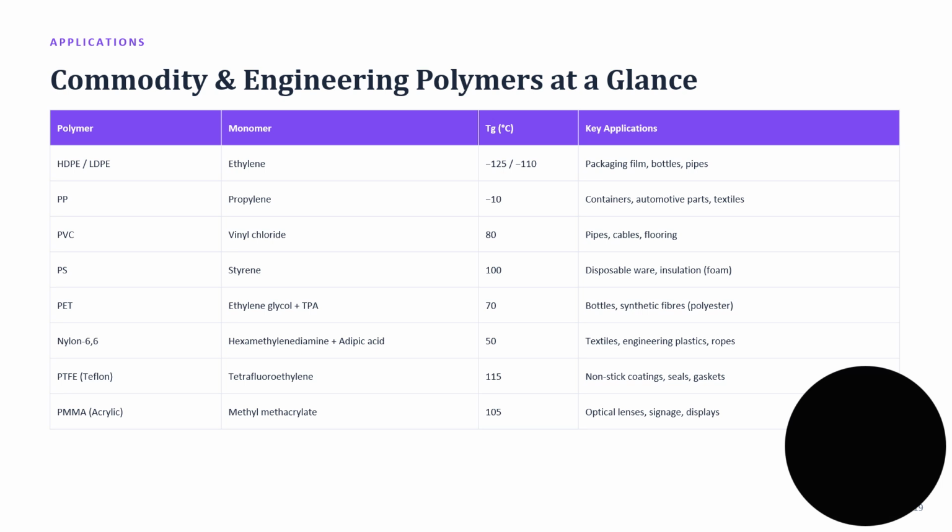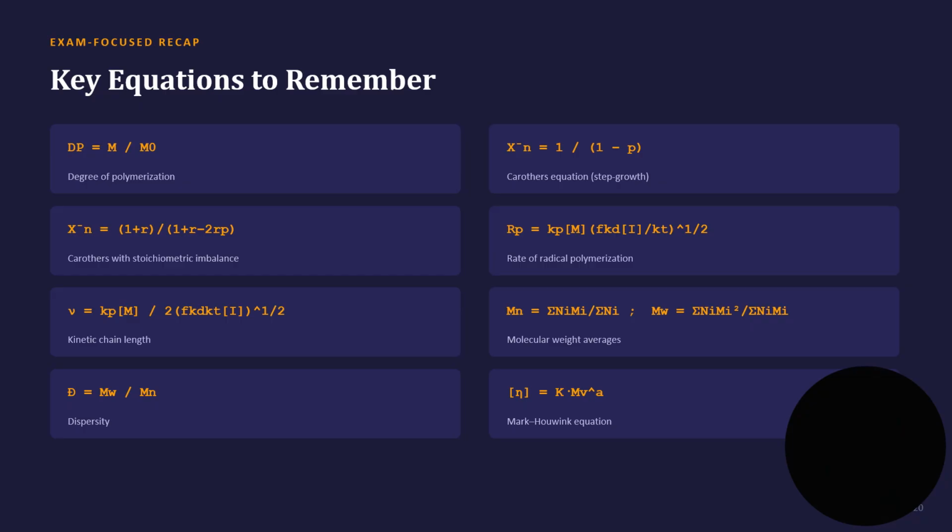Slide 20. We are talking about key equations to remember. Let's now do a rapid-fire recap of every equation from the module. Treat this slide as your final revision sheet before an exam. Degree of polymerization equals total molecular weight over repeat unit molecular weight. The Carothers equation, X̄n equals 1 over (1 minus p), for step-growth polymerization,